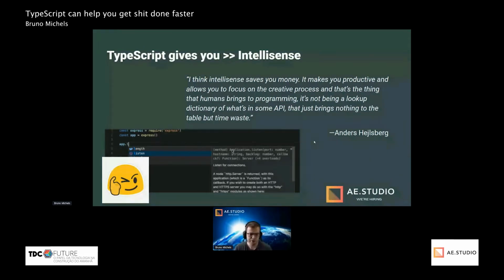So all this effort that we had in the past, having to look up APIs everywhere, documentation, how to use things, we don't have to worry about that anymore, because TypeScript improves our agency. We are more productive. We don't have to waste time doing all of that manually. We have all the information that we need right here, available right now.